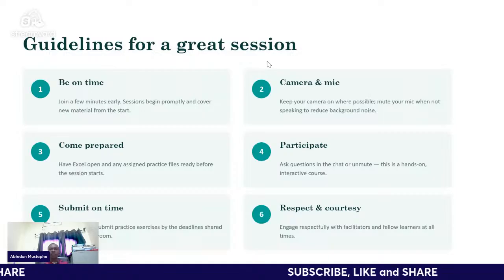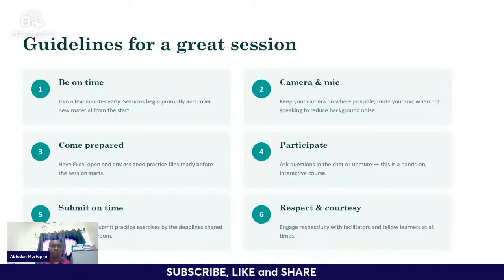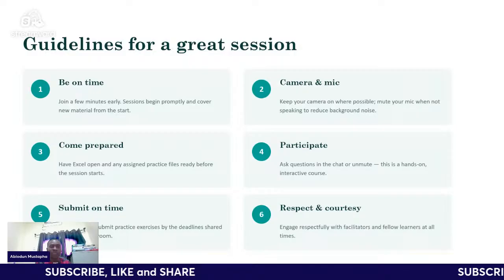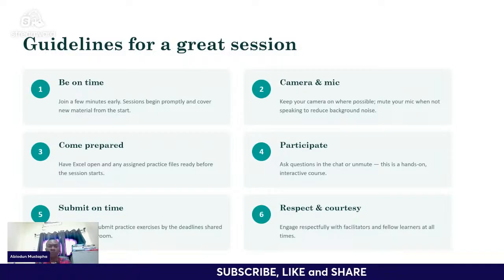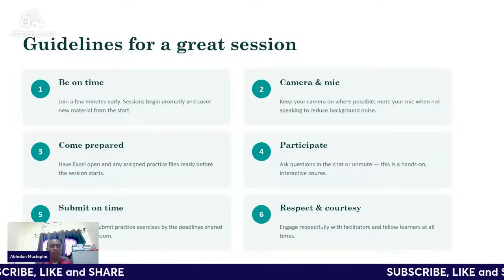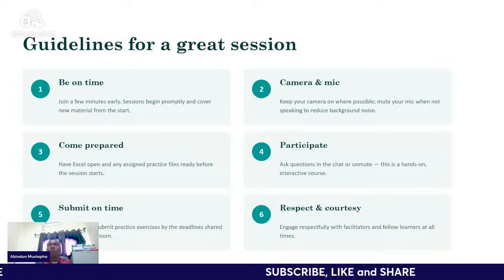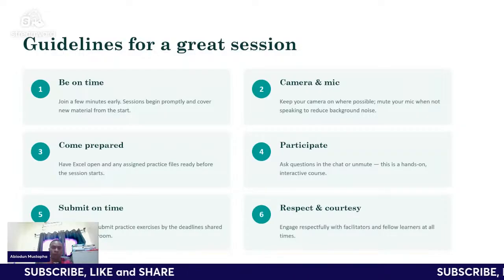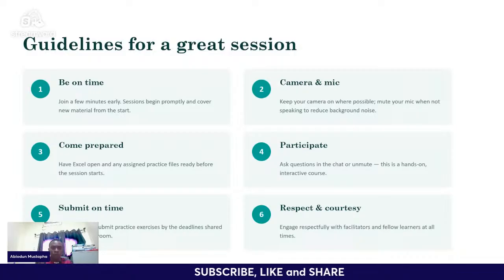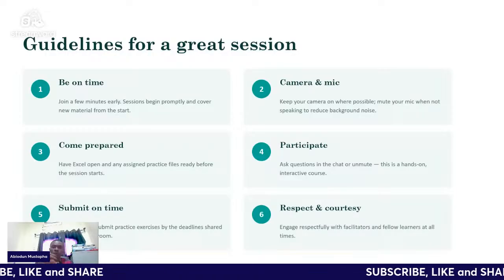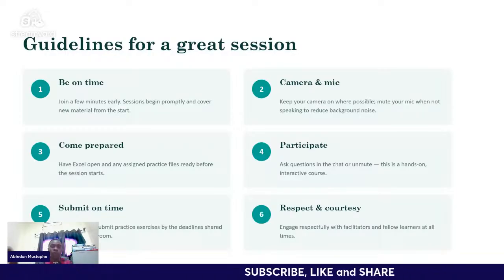All right, now guidelines for a great session. What are the guidelines that you need to pay attention to? Now, one of the things you're going to find out is that this course is going to be online, of course, and you will be expected to join a live Zoom session. So it's going to happen live using the Zoom platform, a video conferencing tool. Which means you're encouraged to have your laptops, your personal computers, and a very good internet connection, or you go to a location on campus where there is very strong internet where you can always connect.